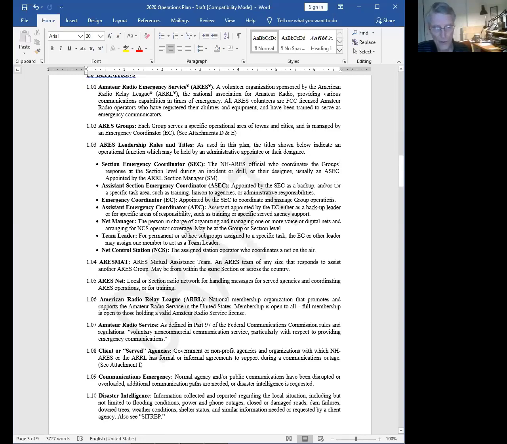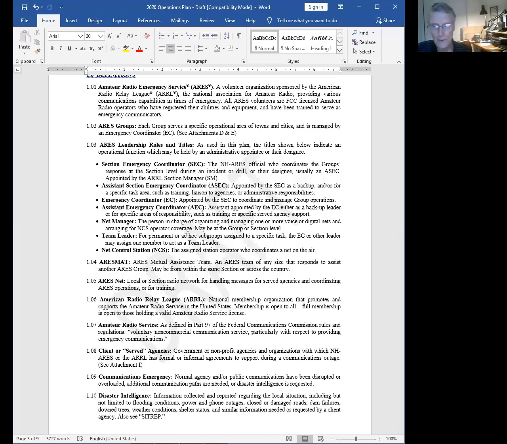One of the problems we've always had with it is we put this plan out there and we'll go for a show of hands in a class, say, who's read the plan? Two hands out of 50 go up. The plan is useless unless people know it. And unfortunately, some of those hands that didn't go up also included ECs. If they haven't read the section plan, they're kind of lost and don't know it, especially when something really happens.